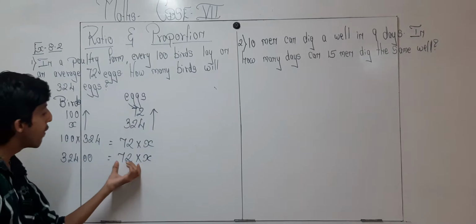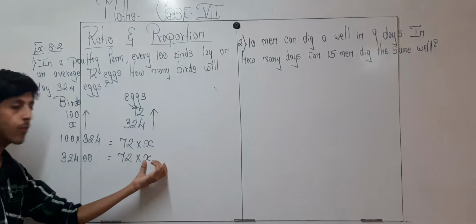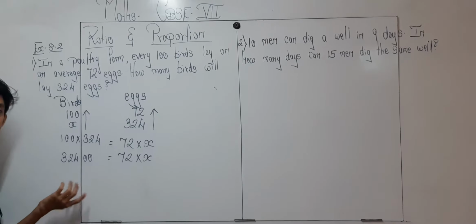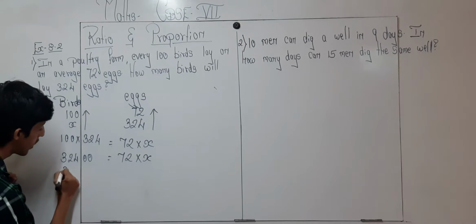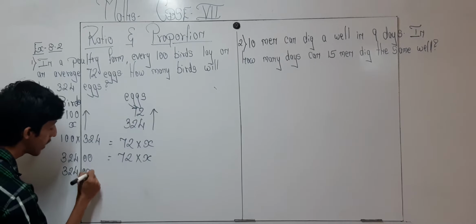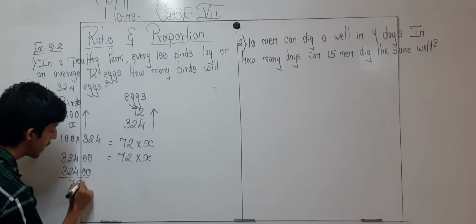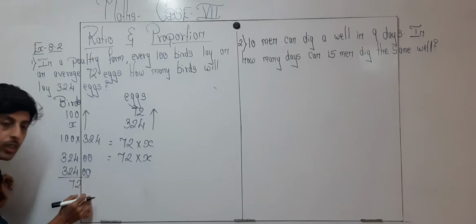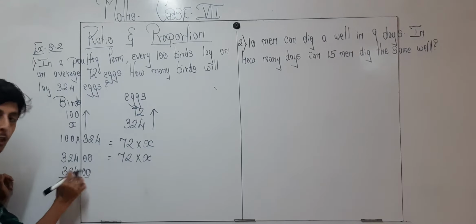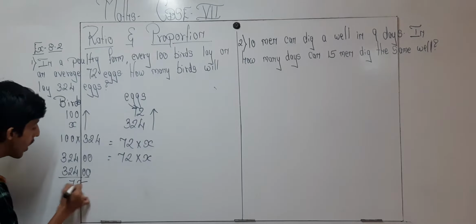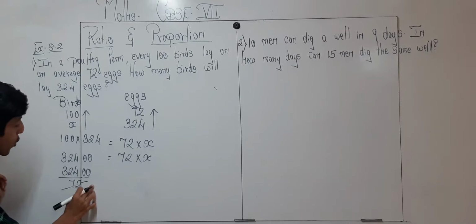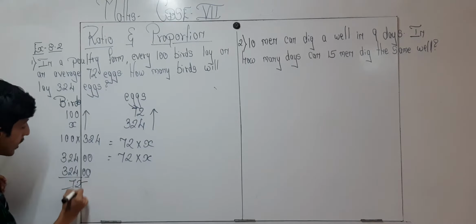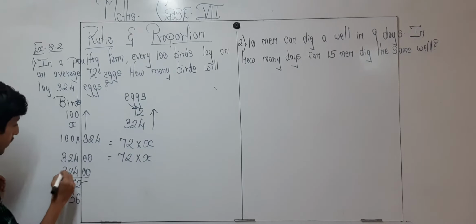Okay. Now 72 is multiplied over here. I want to find the value of x. So when 72 is multiplied, when I am taking it over here it will become divided. So over here 32400 divided by 72. Now over here 72 can be divided into 32,400. How is it? Over here we will be cutting it by table of 2. Over here 2 3 are 6. 1 is remaining. Over here 6.